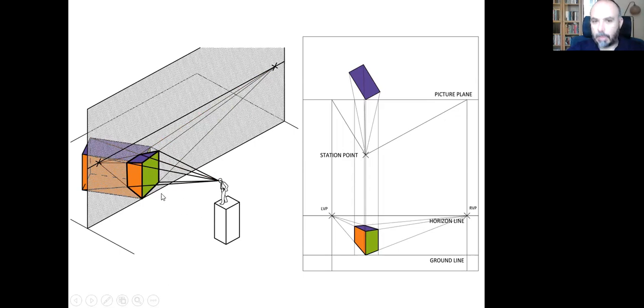And this is the logic behind the two-point perspective drawing. Here, the upper part of the drawing is like we are seeing the system from above. This is how we see the system from above. This is the station point where the man stands. We are seeing this picture plane as a line here, and